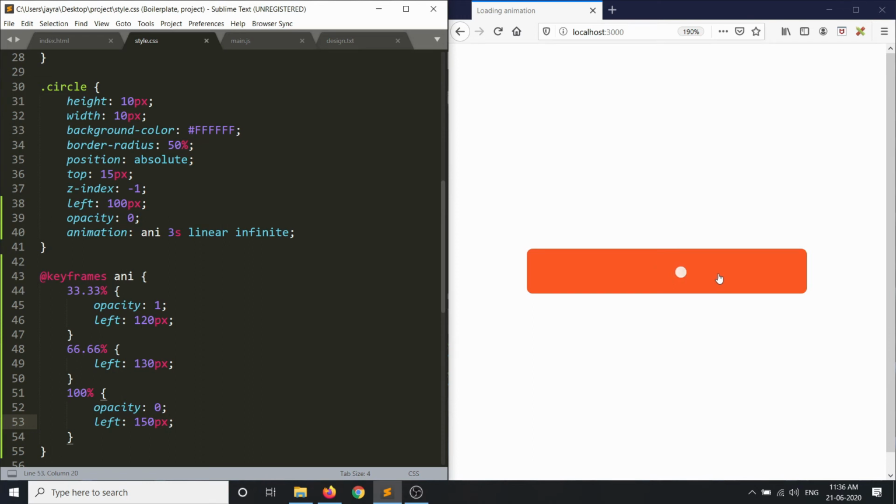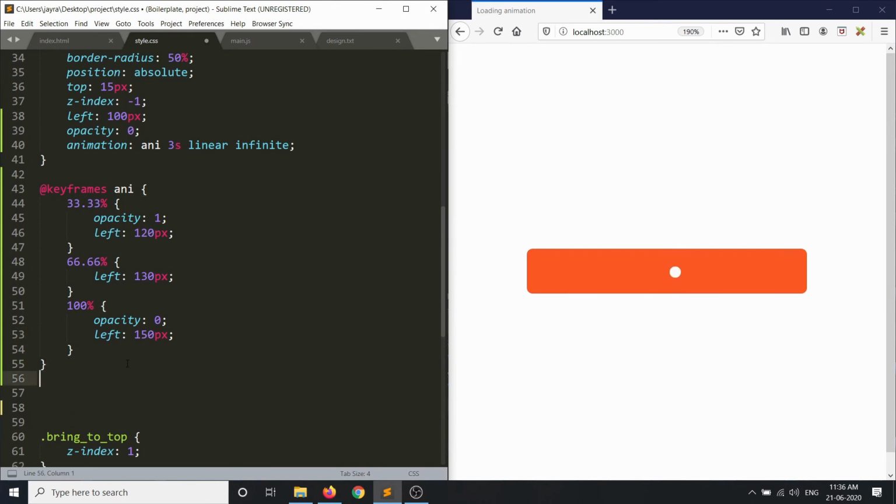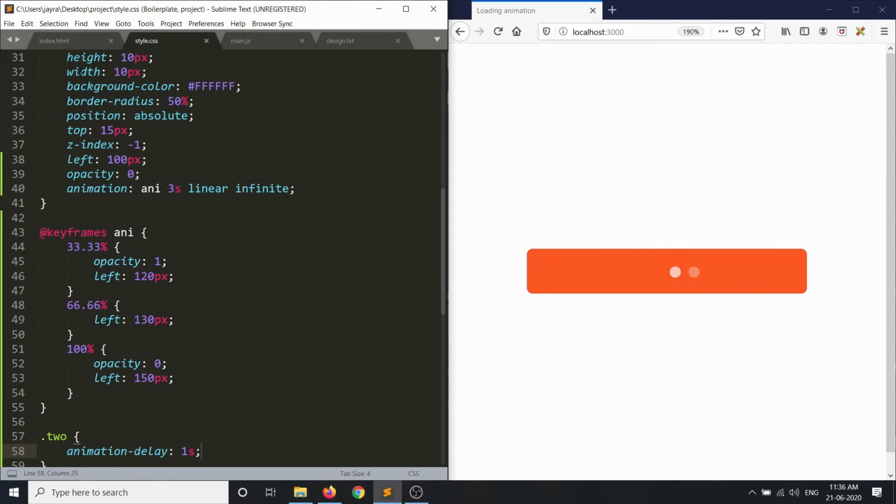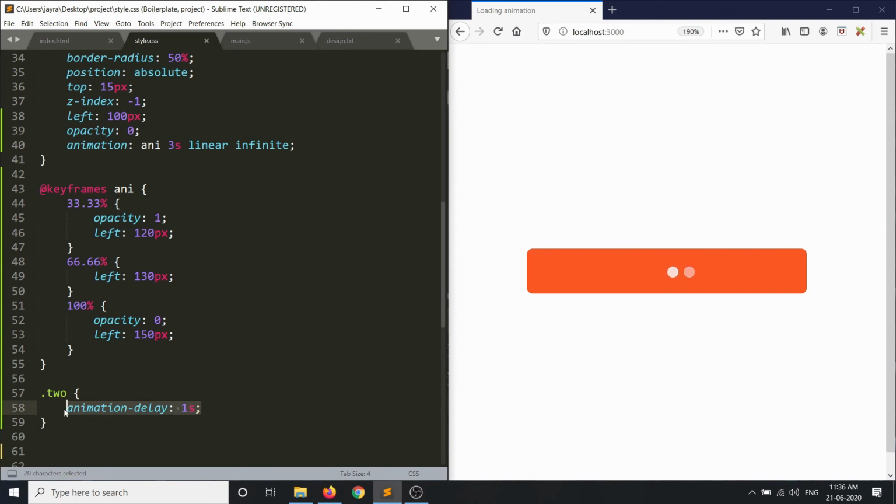Now in order to create the effect of collision and the circle speeding up again, the key part here is we will put an animation delay of 1 second to the second circle. Let's just do that. Dot 2, we'll just say animation delay of 1 second here. Let's see what happens now. See, this is the effect that we want, and we have carefully engineered it. We have set the width of the circle, we have set the animation interval and the delay such that all these things come together, right?